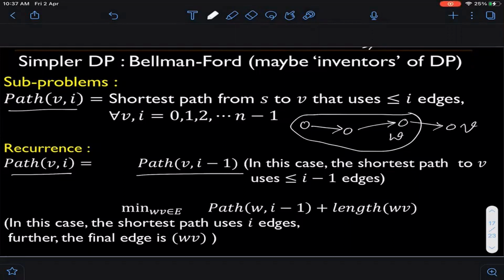You can look at the incoming edges, and essentially you are taking the min over all those cases, taking the min of this quantity over all those cases. Yeah, and of course then you are taking a min overall. So that's your recurrence relation. Okay. Any questions about this thing?